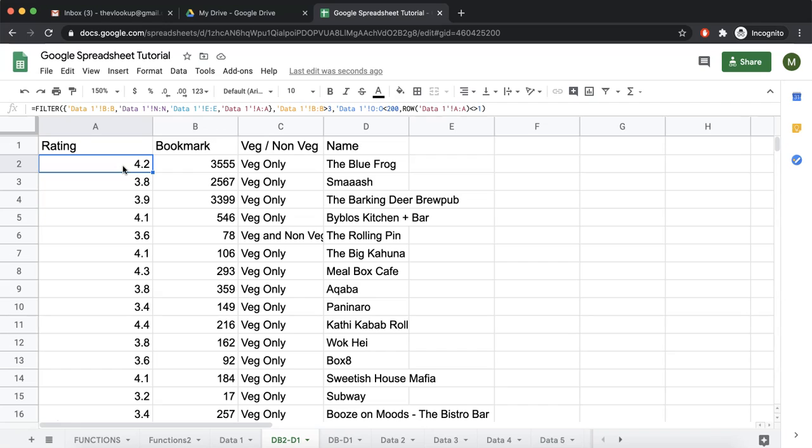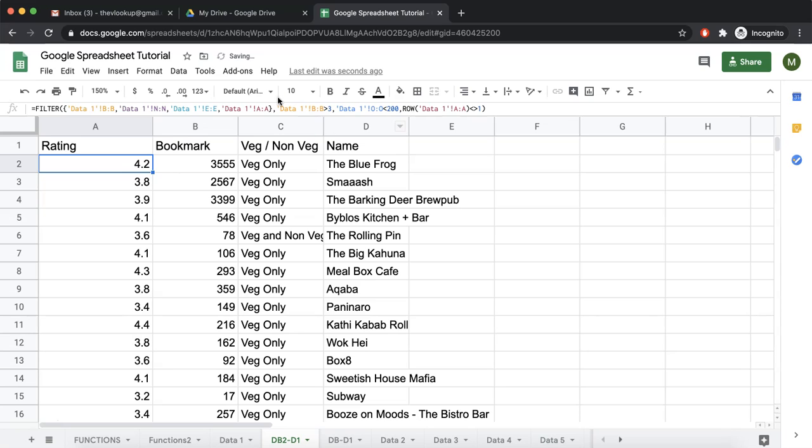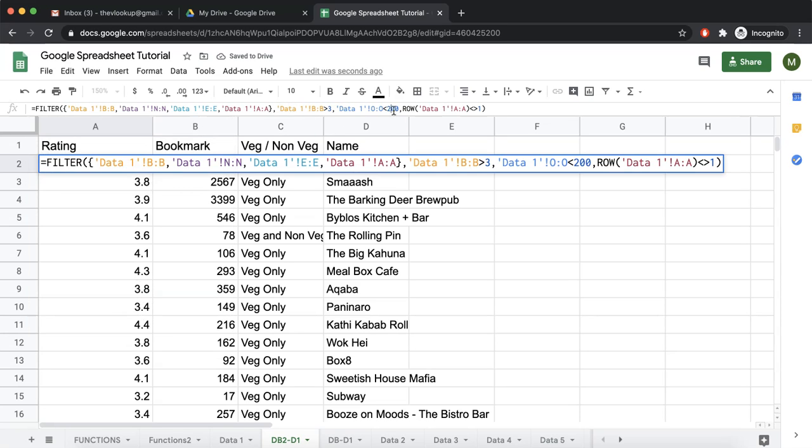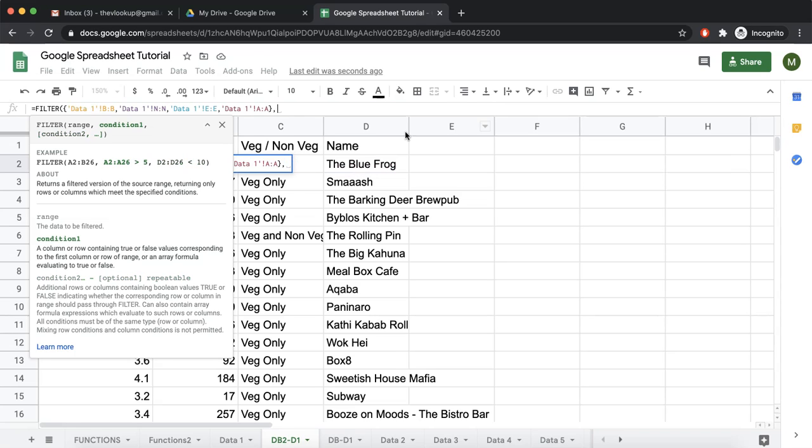Now what if we want to add something called or condition? So we want all the restaurant that has either rating is greater than 3 or bookmark is greater than 2000. If any one of them satisfies, then I want it should be part of the filtered range. So let's delete this and we'll get, okay, let's do undo. So we are not deleting the range. So we are going to get exactly same headers. We are just going to manipulate the conditions. So we said either rating should be greater than 4 or bookmark should be greater than 2000.